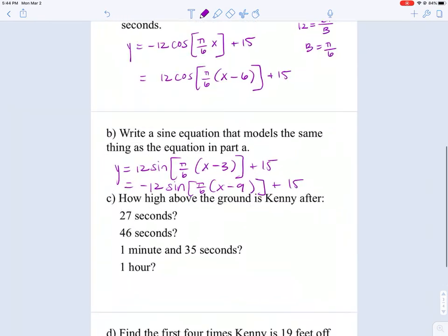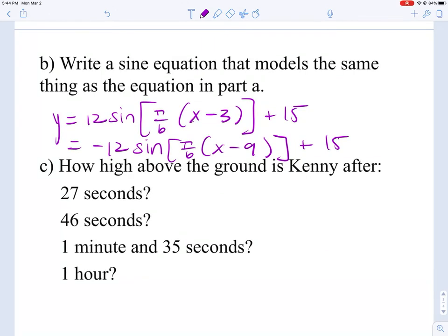So if I'm using my calculator to answer this question, I can go to the table, so hit second graph to go to the table, and then I have this set so that I can just type in values for x. So I'm going to type in 27, and I see, okay, 15 feet off of the ground. I can type in 46, and I see 9 feet off of the ground. And then 1 minute 35 seconds, that's 95 seconds. I type that in, and I get